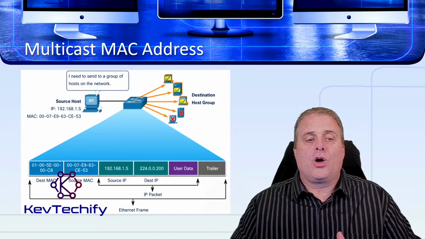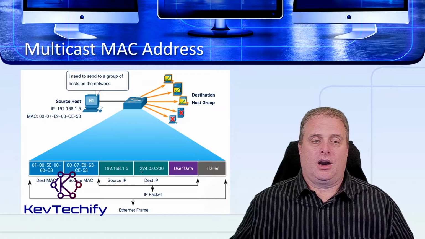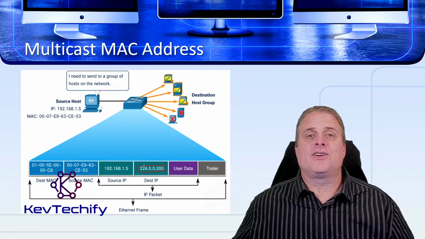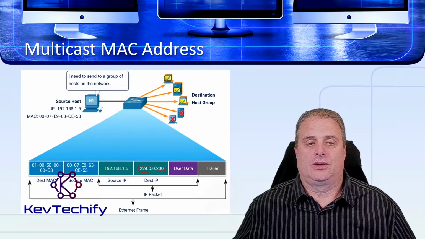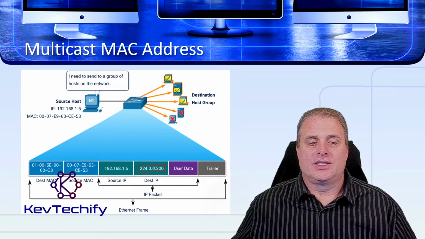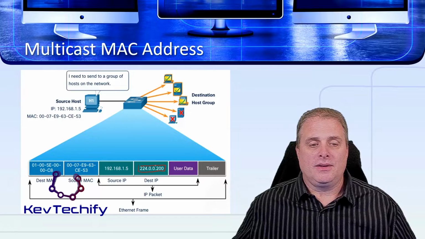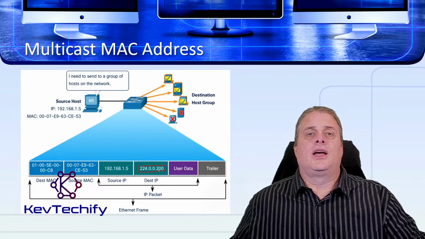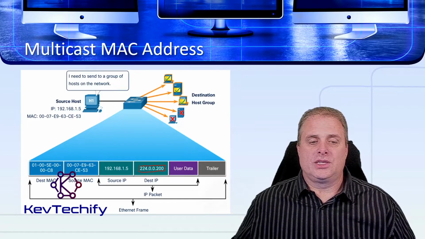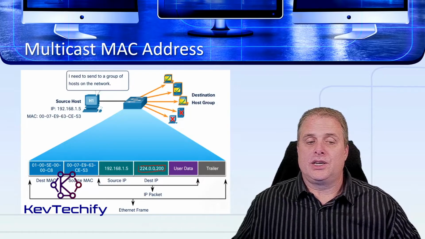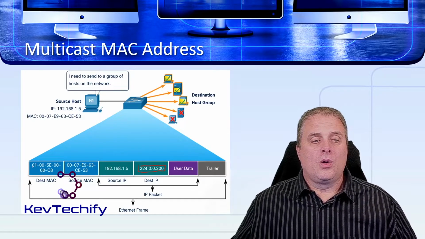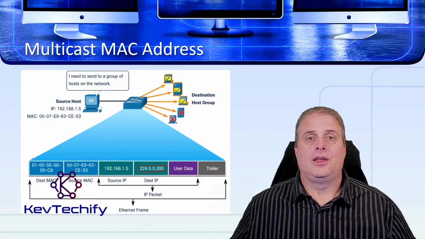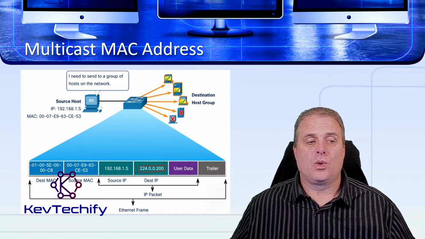Now, how this all works is, first let's look at our packet here, our IP packet. 224 in the first octet signifies that this is a multicast address. This multicast address is the destination IP address here from our IP packet. And so when the frame is built, we start looking at how we are going to put these addresses in. Well, because this is a 224 multicast address here in our IP packet, over here we put a special MAC address in. The special multicast address for the destination MAC address starts with